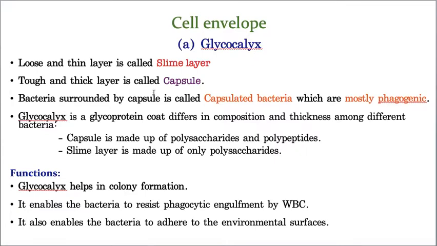And glycocalyx also helps the bacteria to attach. Adherence means attachment, attaching to environmental surfaces or even in our body. For example, in our body there is one cell and the bacteria wants to attach to that cell. How does it attach to that cell? With the help of glycocalyx. Even if you take unwashed utensils, the bacteria will attach to them. How? With the help of glycocalyx. Hope you understood what glycocalyx is, which is the first layer of the cell envelope. If you still don't understand, you can ask any doubt.